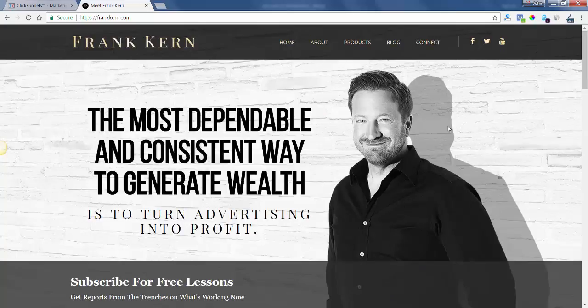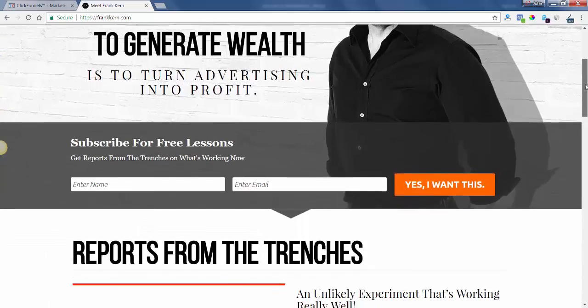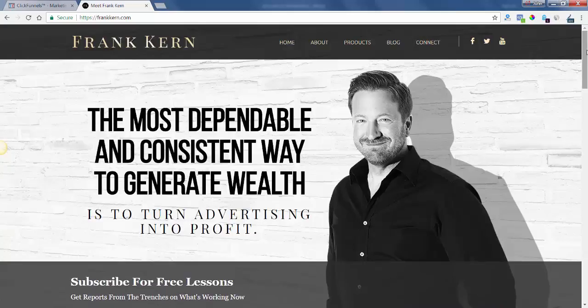I'm going to leave the framework of this page, just the bare bones of it, so that if you want to use this framework to have your own Frank Kern style, customizable web page to use for whatever you want, you can add in your images and your text and your message and whatever else you want to do. So that's the goal, but I just want to show you how quick and easy you can do